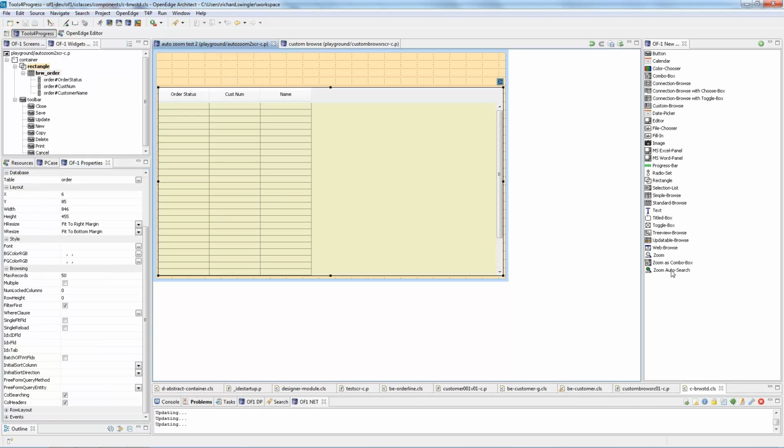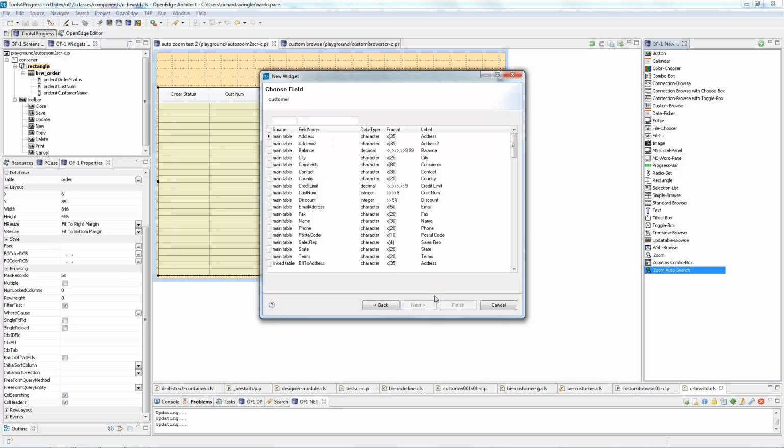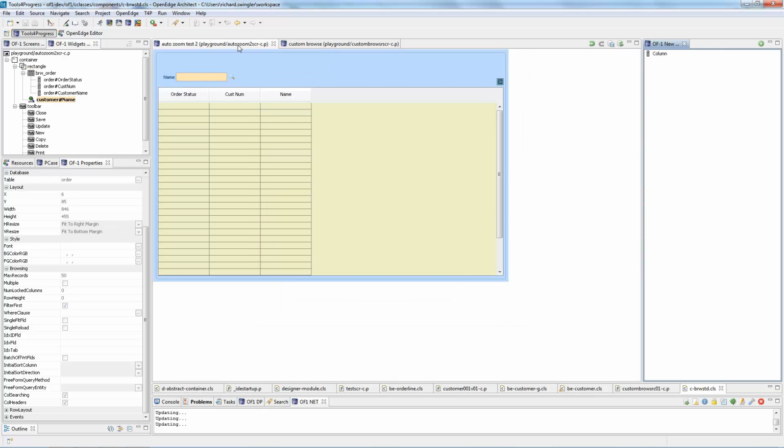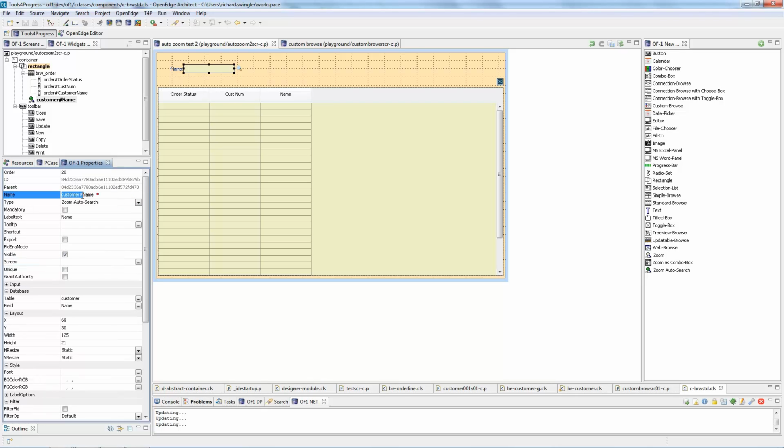I am going to add an auto zoom box. Again, this time we want to go for the customer table first, and we just want the name field there. Once this is done, we want to change the field name to order and then customer. We also then want